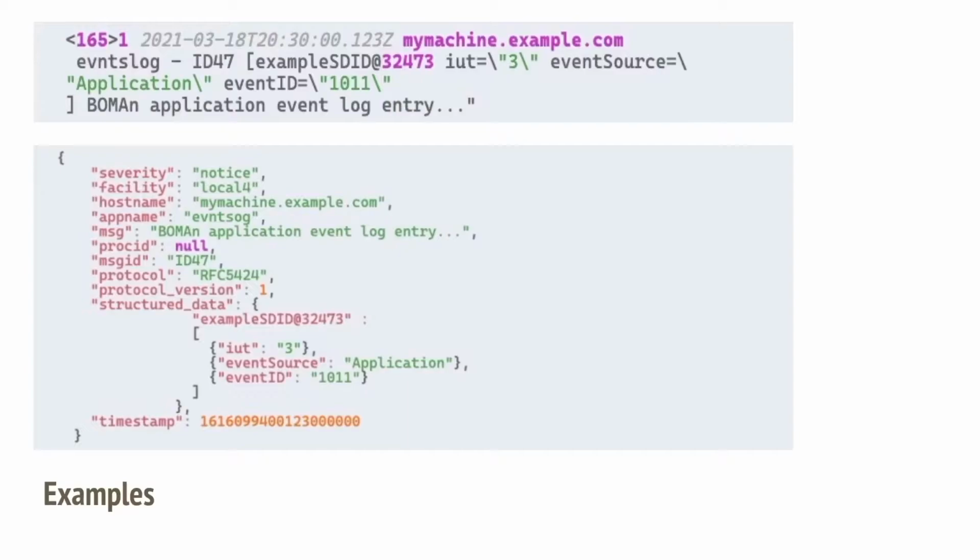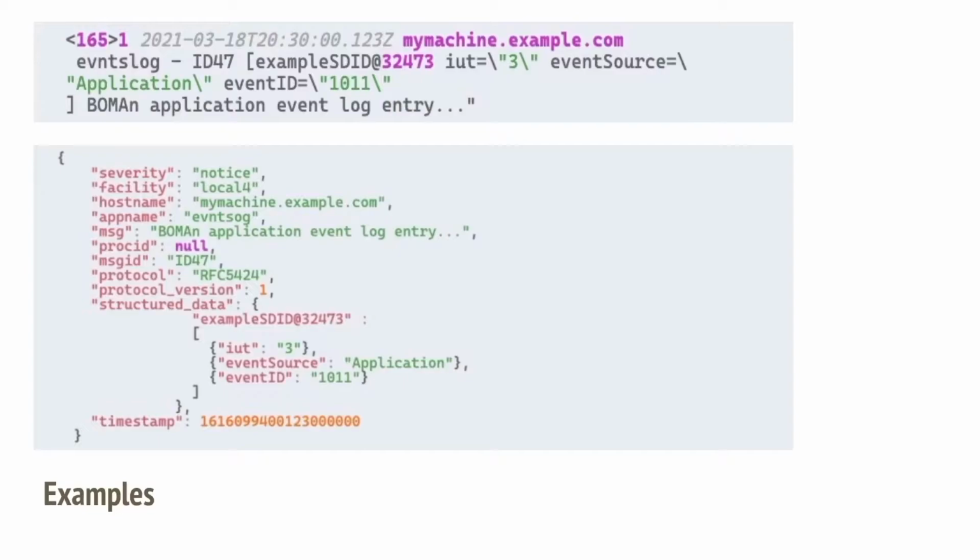There are in total 8 severity options and 24 facility options, and each option has a particular value which it is mapped against. Then there is a protocol field which denotes the format of the particular syslog message. For this example, RFC 5424 denotes the IETF format, and then there is protocol version which denotes the version of the protocol.